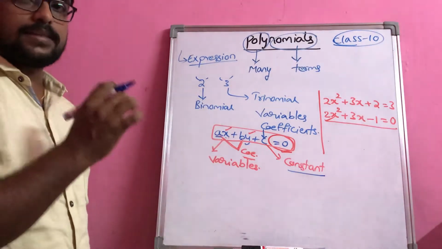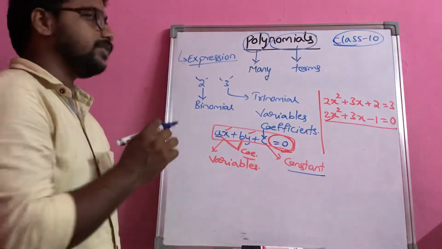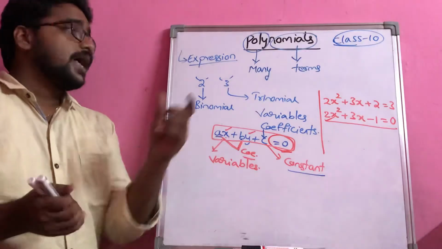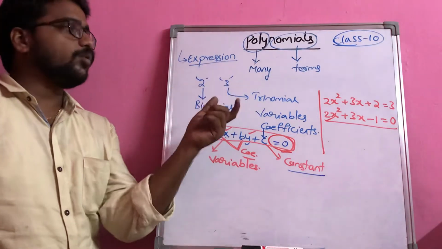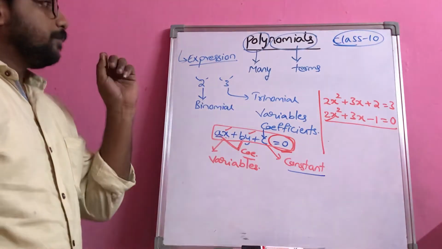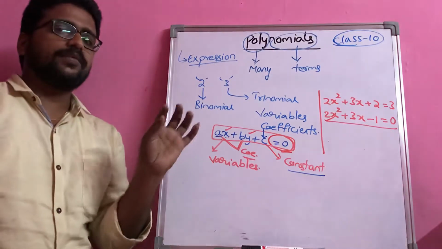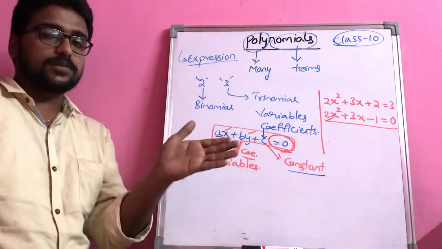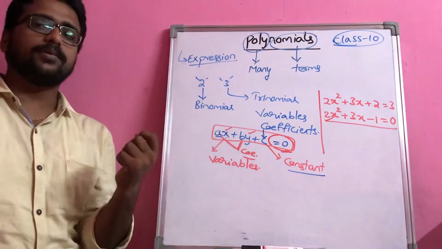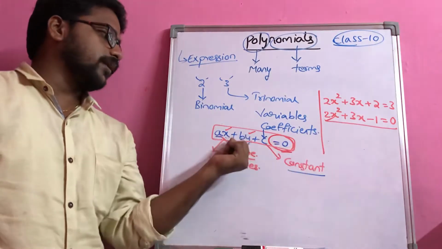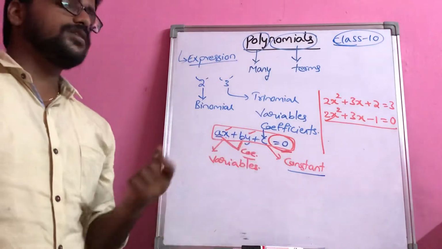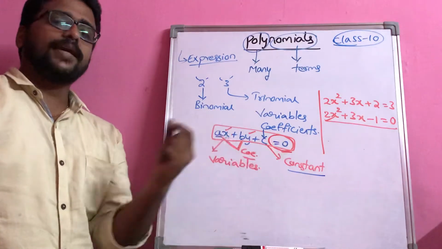So this is the basic information that you have to understand with respect to polynomials. The polynomial definition is generally considered as an algebraic expression which contains more than 2 or 3 terms. Please note there is a very minor difference between an expression and an equation. An expression is just represented in terms of some variables. It can be one variable or 2 variables. Whereas if the expression is equated to some constant, then it is called an equation.